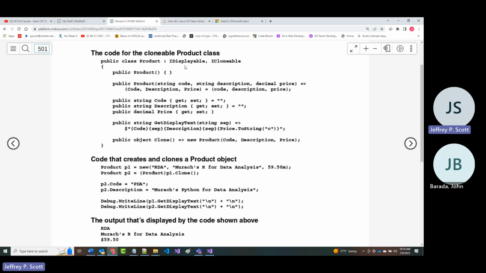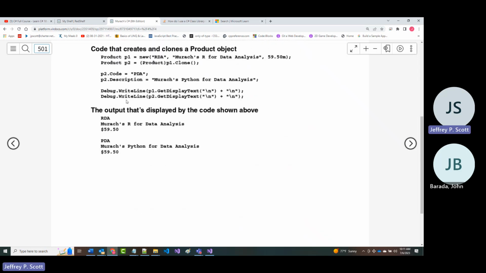We still have our empty constructor, our default constructor. We still have our full arg constructor that looks pretty much the way it did before. And now we've got code that, as it says, creates and clones a product object.